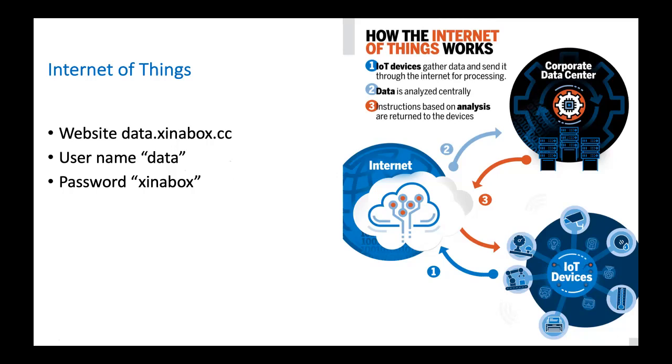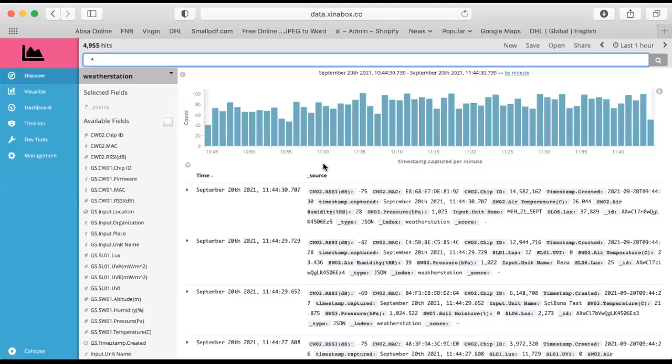So what I'm going to do now is that I'm going to go and access that website. I'm going to add the username as data and the password as X in a box. So let us now see what that is looking like. It defaults to the weather station index. So we can see over here that we've landed on Discover, and it defaults to the weather station index, which